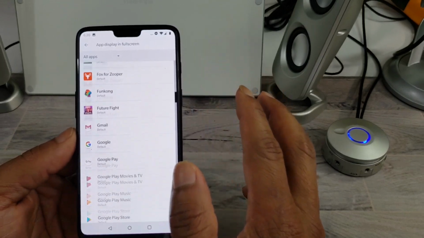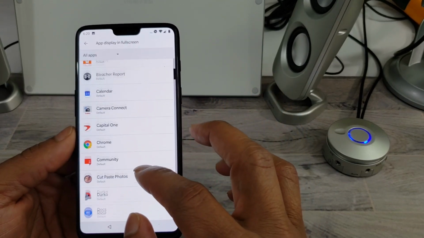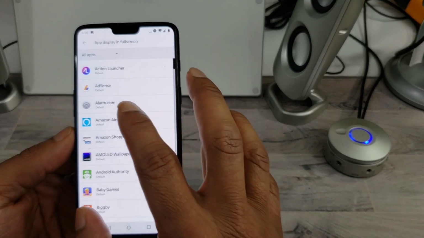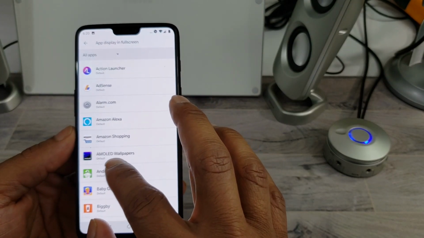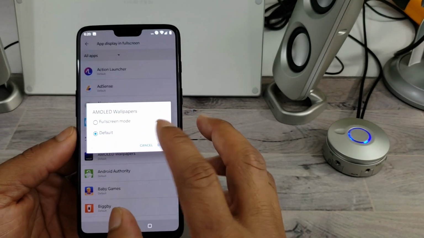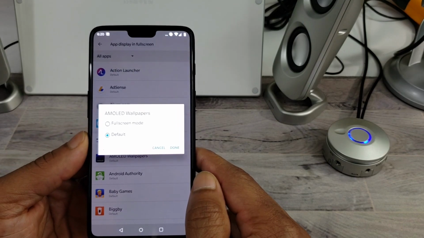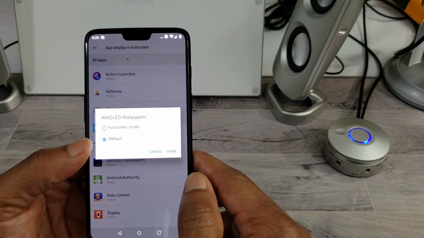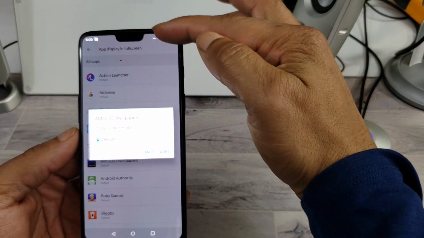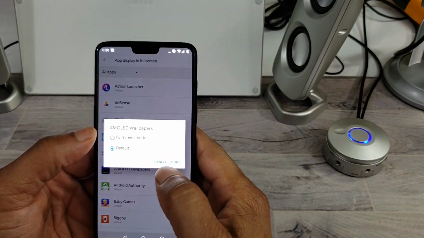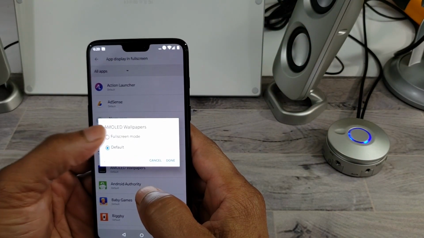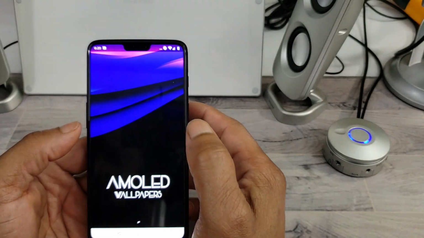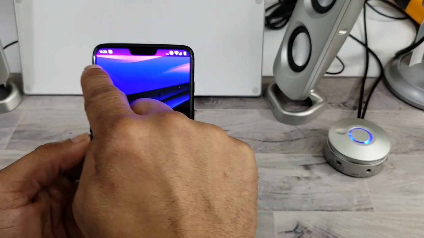So just scroll through, pick your app, and let's turn one on. Let's turn on this. Right now, the AMOLED wallpaper is set to default, so when I turn on that app, it'll be a black bar all the way across, or I can set it for a full screen mode. And as you can see at the top,